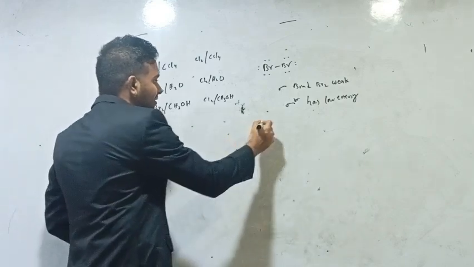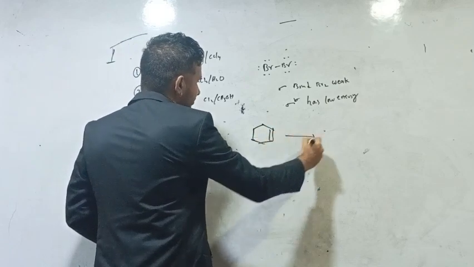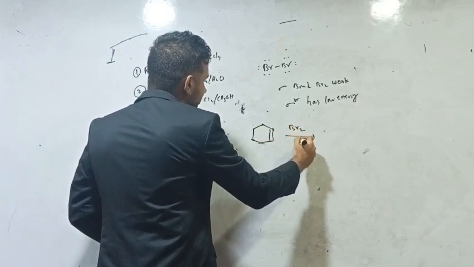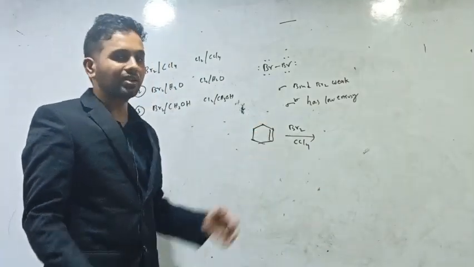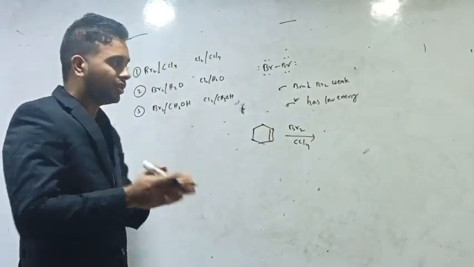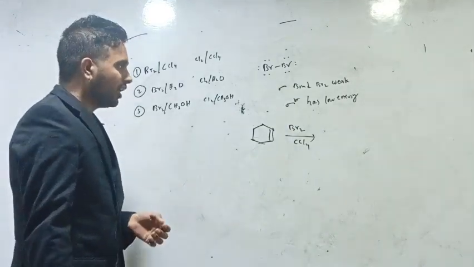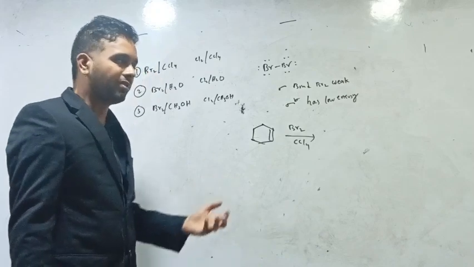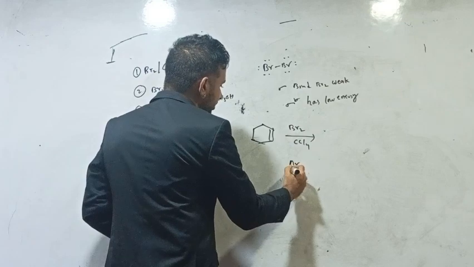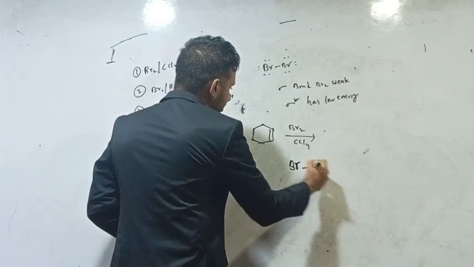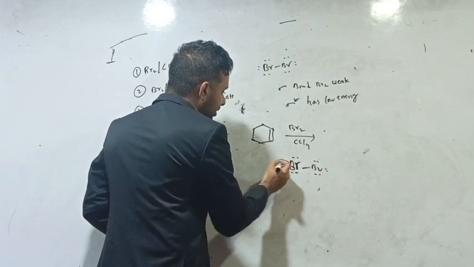If we add this electrophile to a simple alkene like this, Br2 in the presence of CCl4. As we know, Br2 is considered an electrophile with lone pair, and is likely to form a 3-membered intermediate. I would like to explain how this 3-membered ring can be achieved. If we consider Br2 here, Br and Br, we have non-bonding electrons and we have sigma star which has